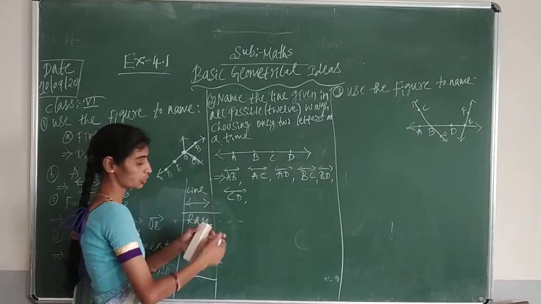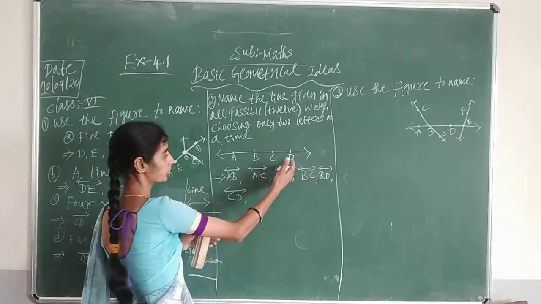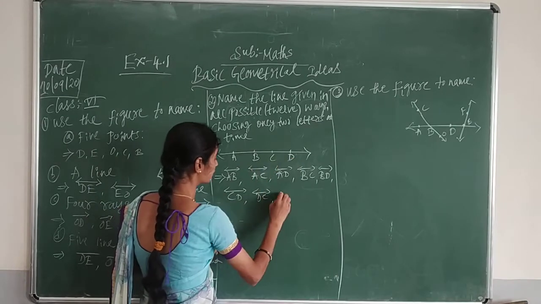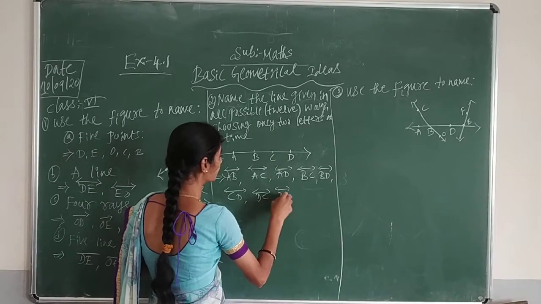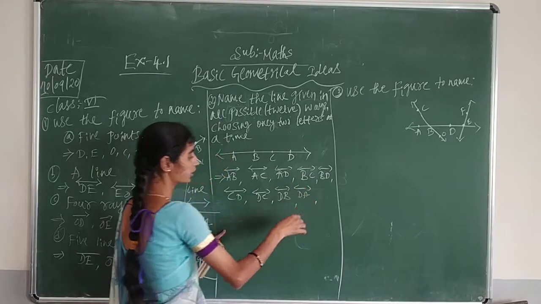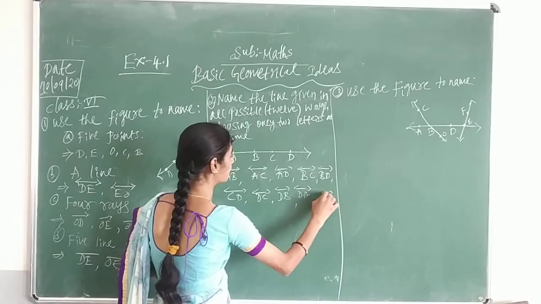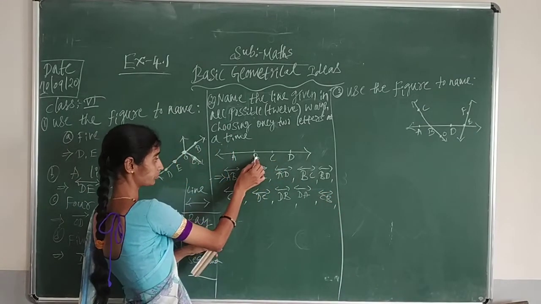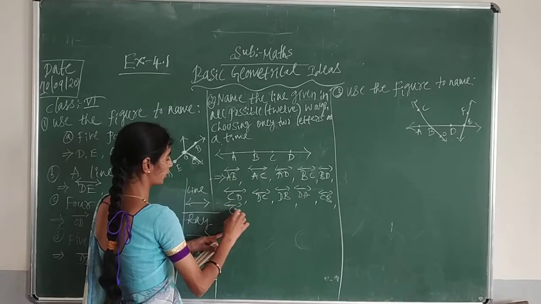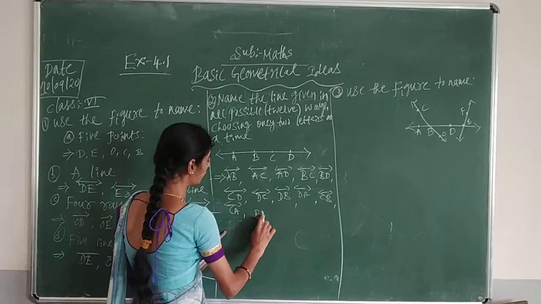Again you take the reverse of it. Now you started with A, now you start with D. So you can take DC as one line, DB is one line, then DA as one line. D is finished. Now you take C. CB is one line and CD is one line, CA is one line. So point C is finished. Now you take B. BA will be one line.